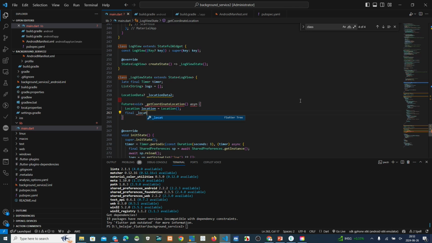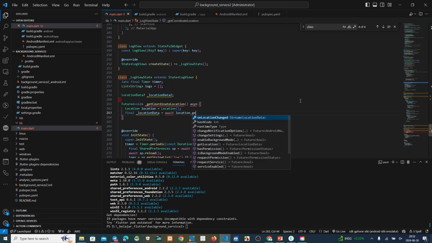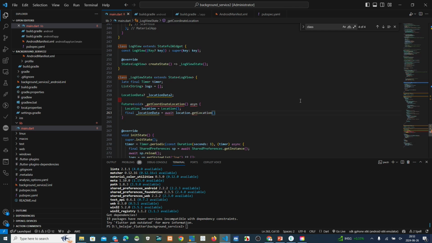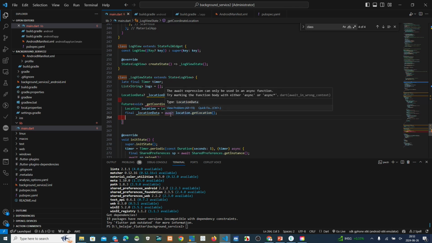Location. Location. Get location. Why? Oh wait, expression can only use asynchronous function.